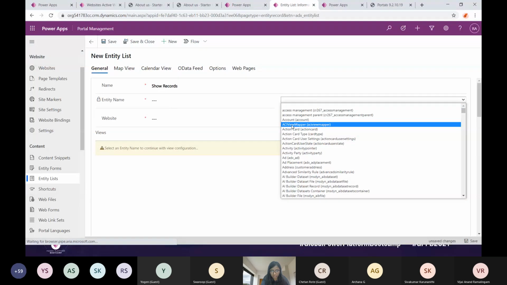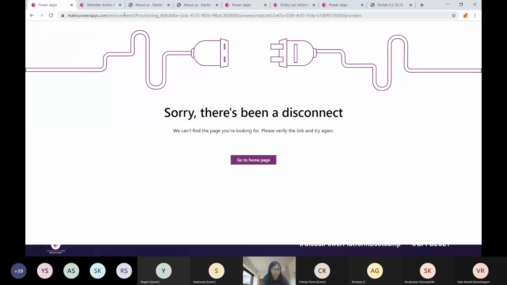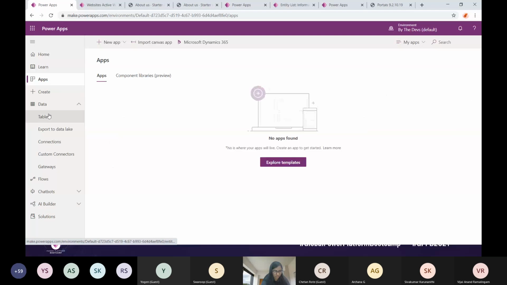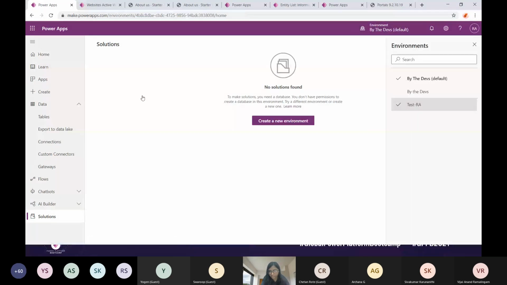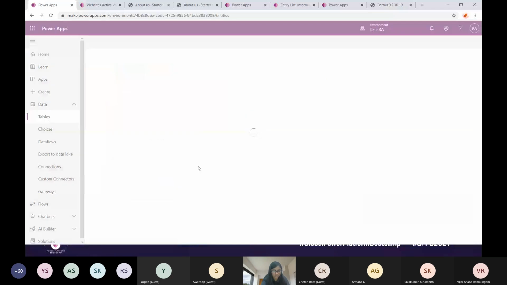And I want to see records from my table that I created earlier. So not preview. I'll open my environment and look up the table name. So I'll go to data and then tables. Okay, this is not the right environment. Whenever you are working with portals and opening these pages, make sure you're always in the right environment.